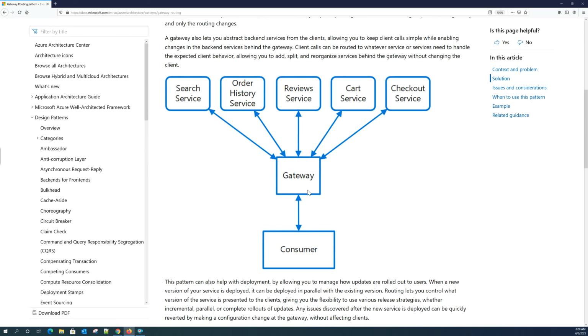So to alleviate these kinds of issues, we can think about using this gateway routing pattern. Just look at this diagram here. You have a consumer, you have a gateway, and you have multiple services. So this pattern says that the consumer application always calls the gateway endpoint. This gateway endpoint is responsible for redirecting the request to the appropriate service here. So the consumer is always going to call this gateway, and the gateway is going to determine the right location, the right service for this particular request. We can use the request parameters or IP address or anything to determine the location of the appropriate service here.